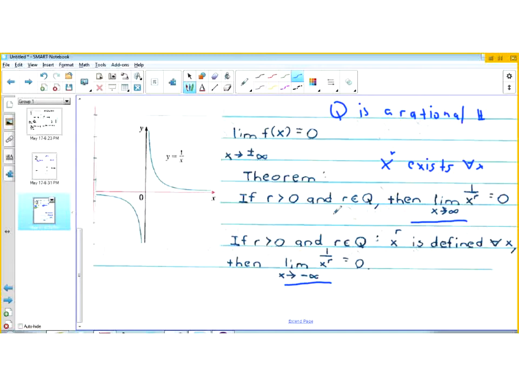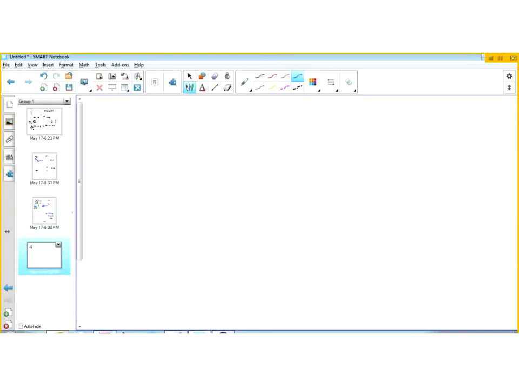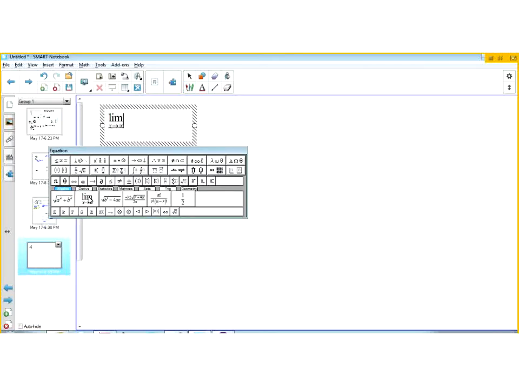Couple of limit problems. So next page. Let's calculate a limit. Say the limit as x approaches infinity, and I'll give you a rational function. In this case, I'll have 3x squared minus x minus 2, and we'll divide that by 5x squared